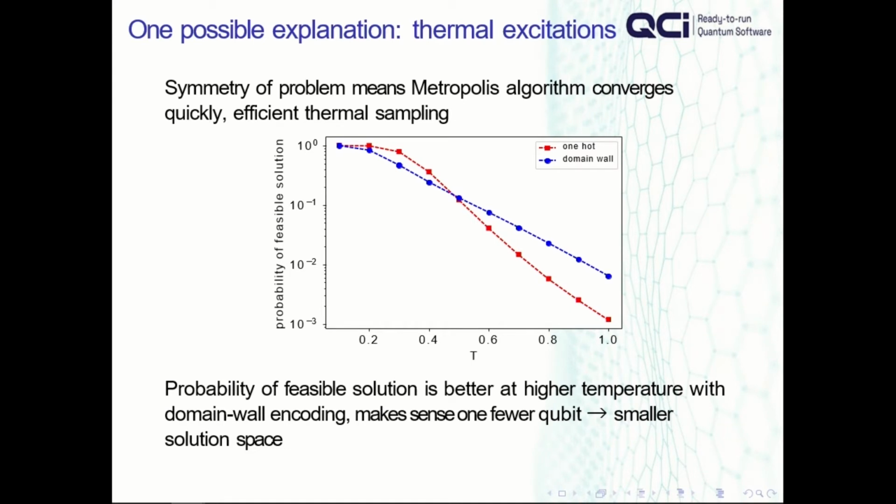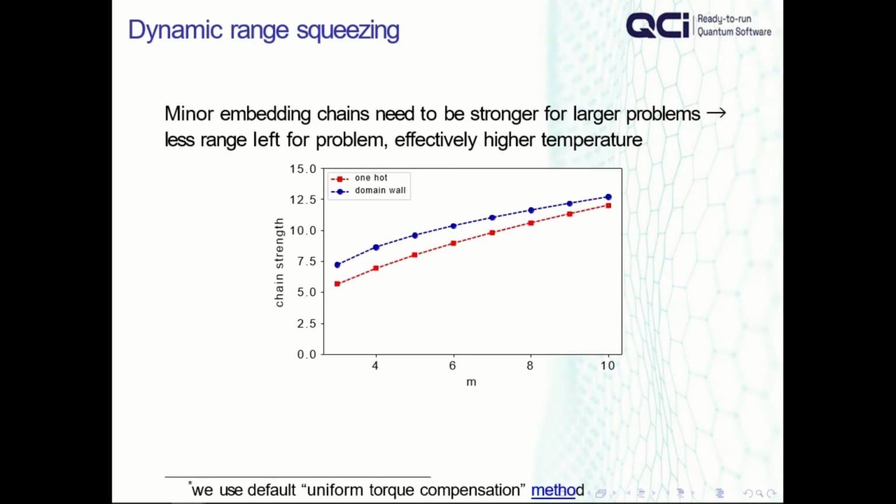If we think about why we're getting this crossover, one answer might be that we can think of this as a system undergoing thermal excitations that is frozen somewhere. We can do some sort of classical Monte Carlo sampling, and we indeed find the same crossover behavior. We don't find it at the same spot, but that's already pretty good. We've qualitatively shown one of the features. This is building up to an important result about why the encoding's better, but we have to go through some of the details of understanding it first.